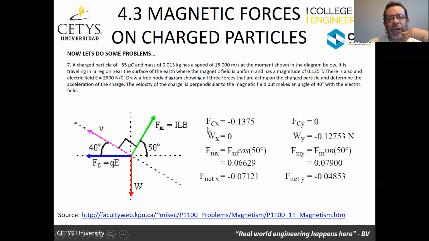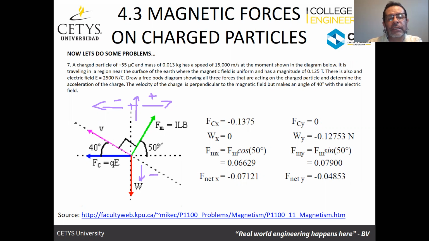And so using the free body diagram, we calculate the forces in X. We're going to consider that the left-hand side is negative, right-hand side is positive, up is positive, and down is negative. So if we do the forces in X, the force that has to do with the electrical charge is going to be negative, and it's along the X axis. The force relating to the weight is going to be 0. There's no X component. And the magnetic force in X is going to be the magnitude of the magnetic force